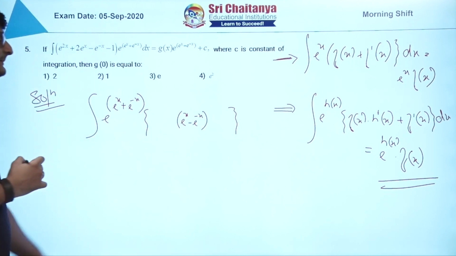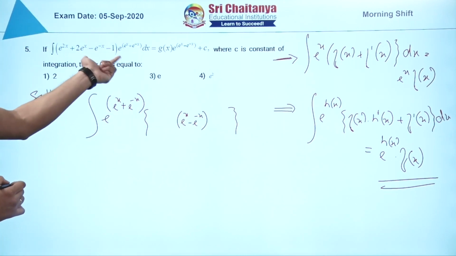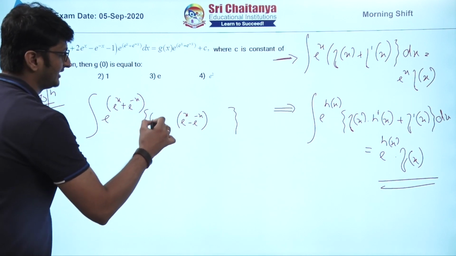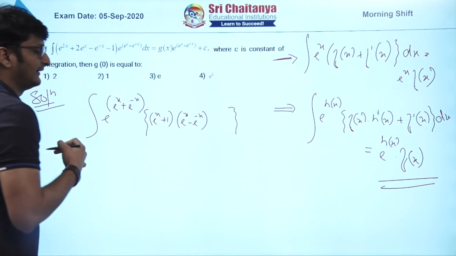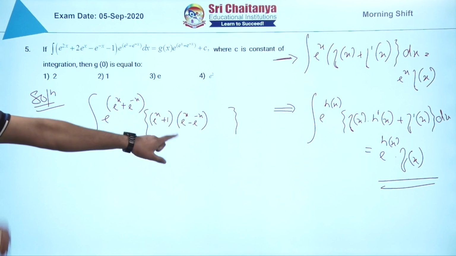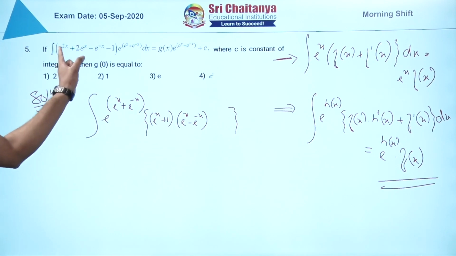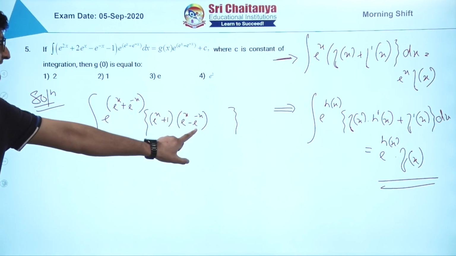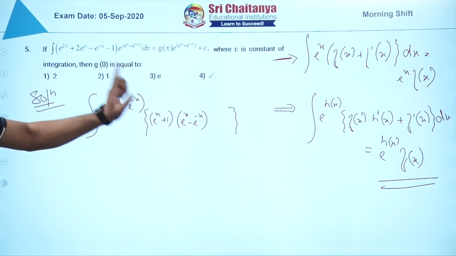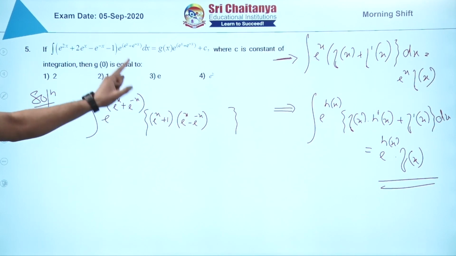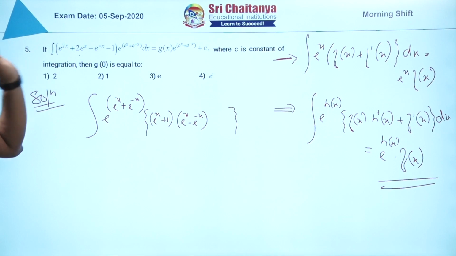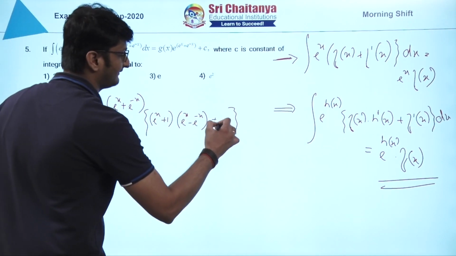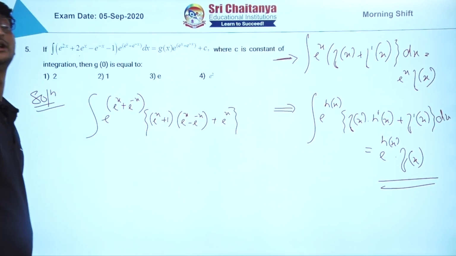So, what should we multiply with this so that we can get this part? So, we have to manipulate and we are getting e to the power x plus 1. If you multiply this part here, what are you getting? e to the power 2x coming, e to the power x into e to the power minus x, 1 minus 1 coming, e to the power x is coming, but this 2 into e to the power x is there. So, there is one term left, let me write it down here, and which was actually required.